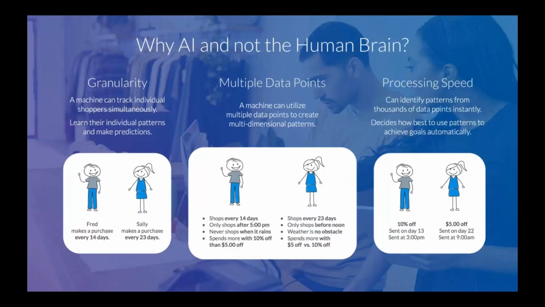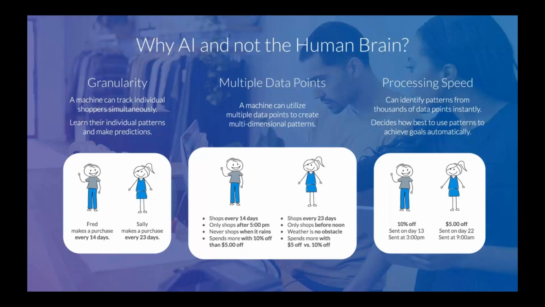So why AI and not us, the human brain? The answer to this question may seem redundant after everything that we've just learned about how AI works, but I want to get a little bit more detailed on why AI is such an exciting new technology and tool for retailers. AI can recognize patterns on a much more granular level than humans are able to. So an AI can track and learn patterns, and AI can make predictions on every single one of your shoppers, not just the entire customer base as a whole. So this allows the AI to learn personal preferences for everyone.